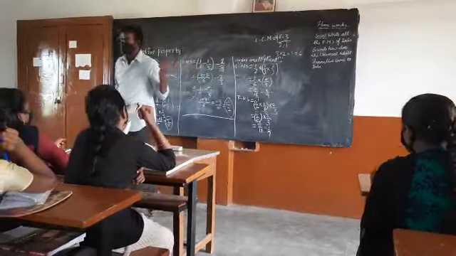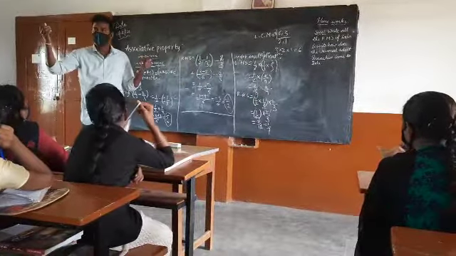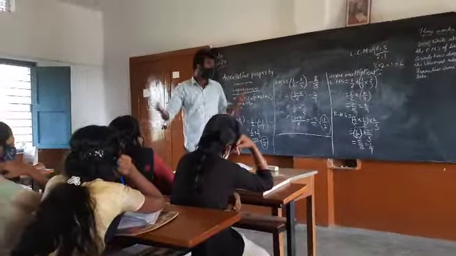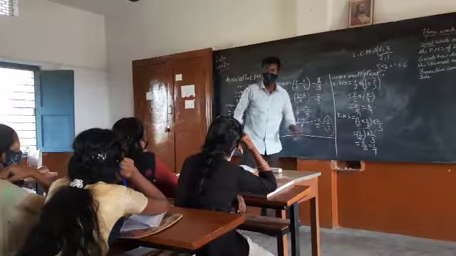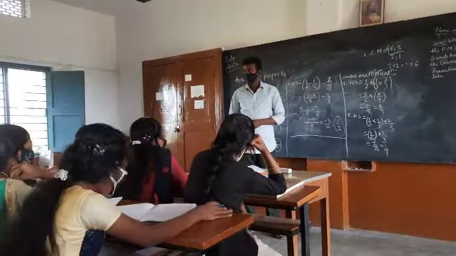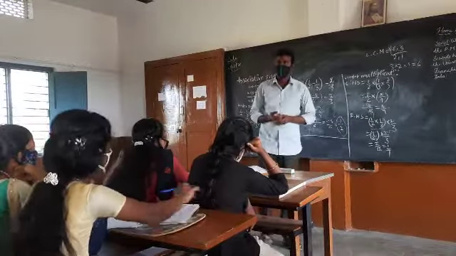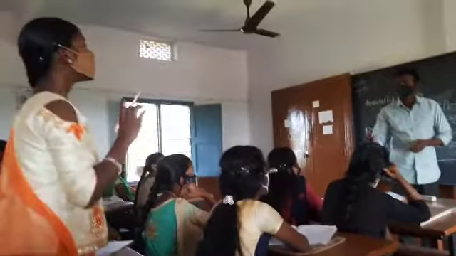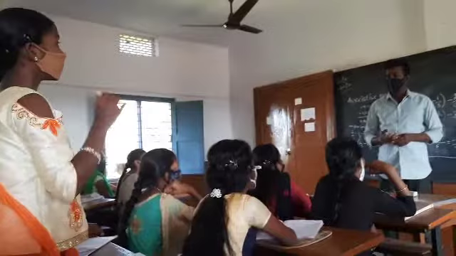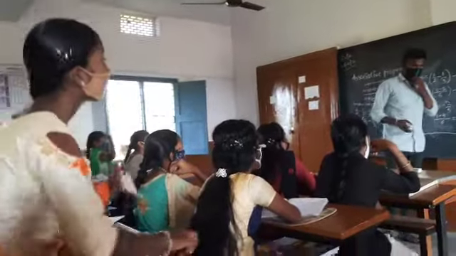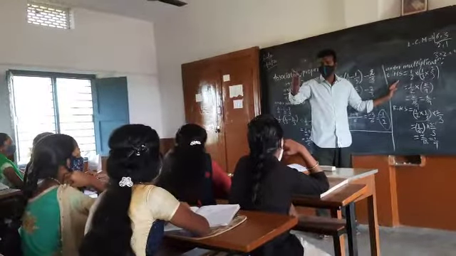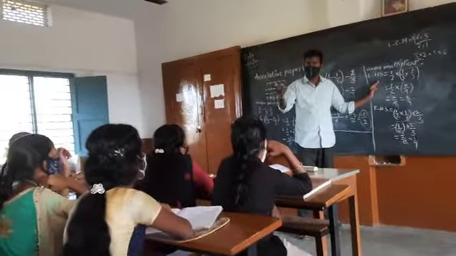What do you say about the associative property? I need a little statement about this. Who can give me your conclusion? What is your generalization about this? LHS equals RHS means what? Okay, I'll ask the statement directly. Without multiplication, we can do direct cutting from the first one. Very good, very good. Okay, sit down, sir. You understood in that way. So for multiplication, as she has said, we can cancel the numerator and denominator, then go for the multiplication.